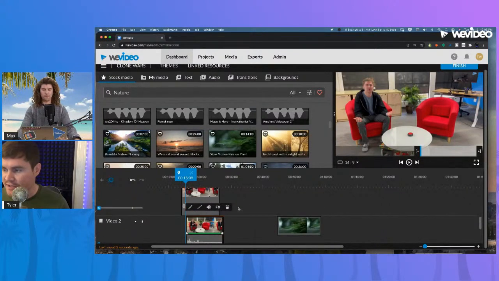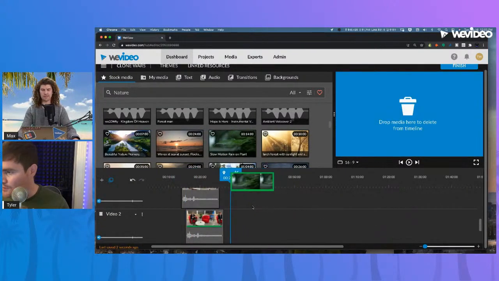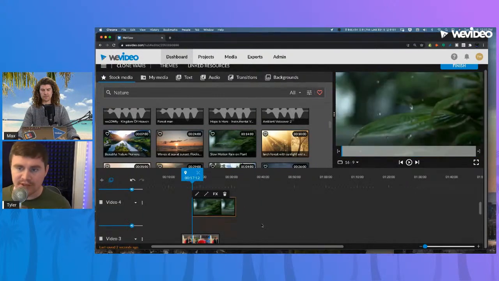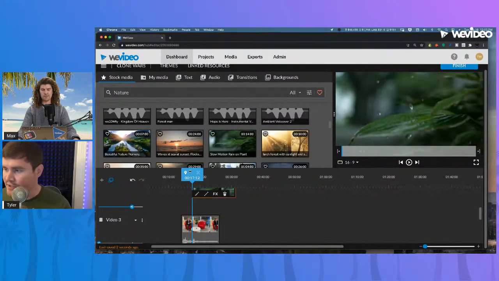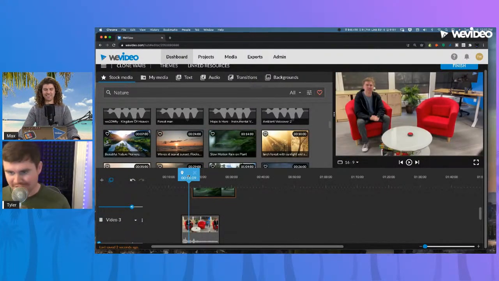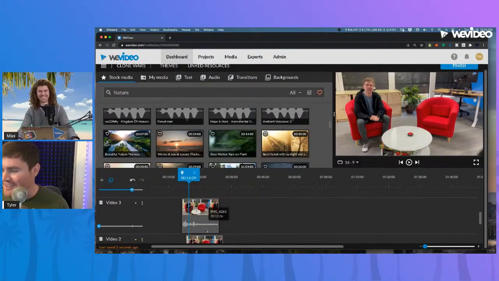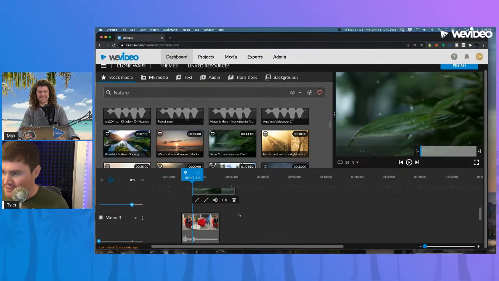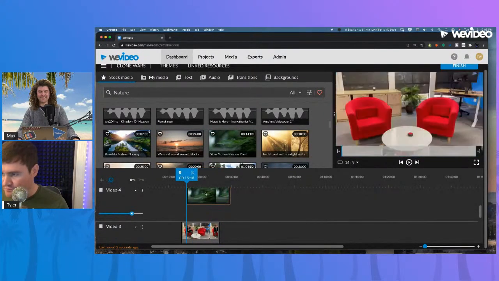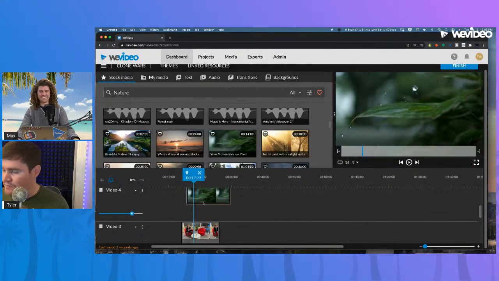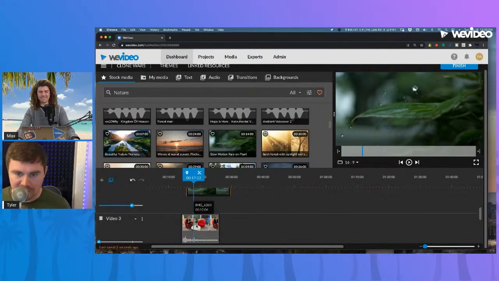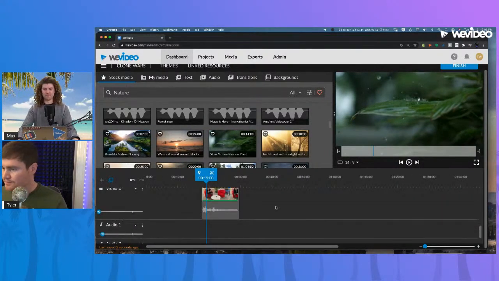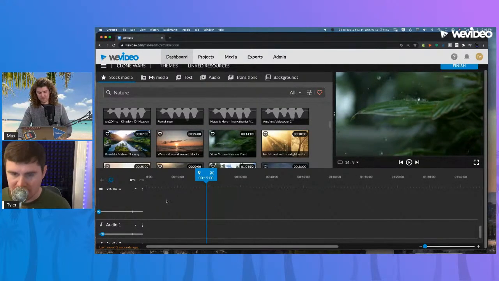But let's say we were covering this up with some shot of a leaf, and Max is saying, "Hey guys, check out this leaf." But we want the audio to hit up exactly right here. We can now adjust that so that it doesn't have to be in line with our video clip. Perfect. Hopefully that makes sense.